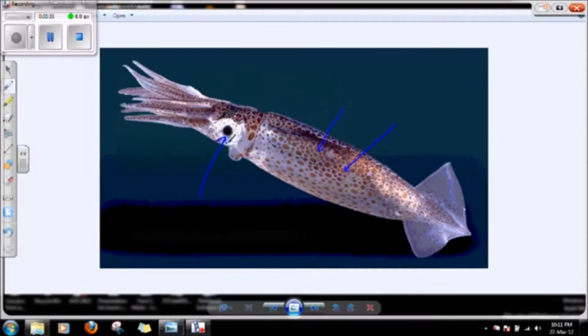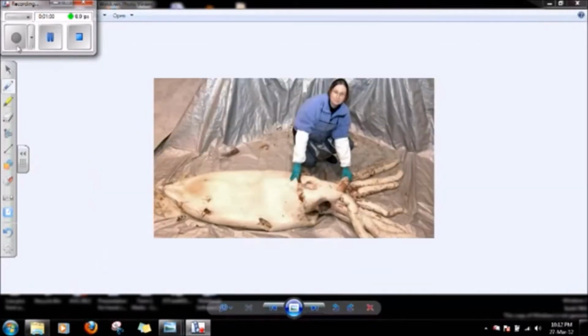It also shows you a very nice picture of the squid eye. It's a very well developed eye, especially for an invertebrate. It can see almost as well as we can, which is one of the things that make the squid an excellent predator. Now, your squid probably doesn't look quite as nice as this one, but hopefully it doesn't look